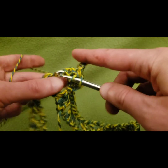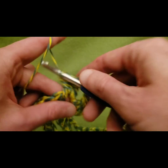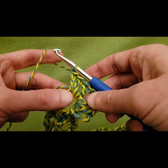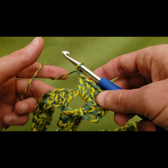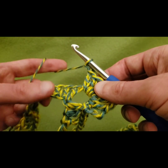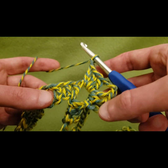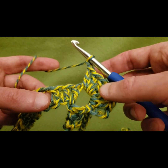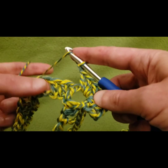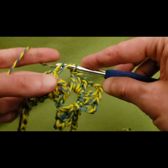Now, yes, I know this is yet another granny project, but as I always say, if you've been following me for any length of time, you know I love the granny stitch because it's simple, it's quick, it's effective, and as you can see, it's versatile. All right, so then after chaining 1, so it's 3 double crochets, chain 3, 3 double crochets all into that same space, then chain 1, and then into the next chain 1 space, 3 double crochets,